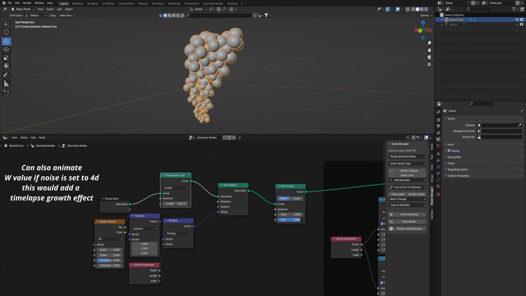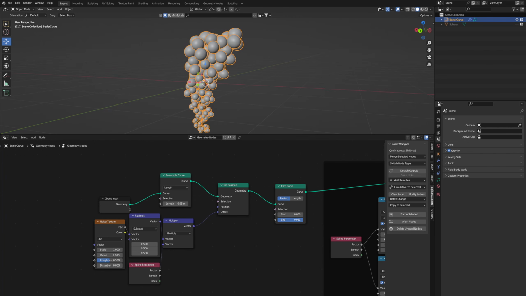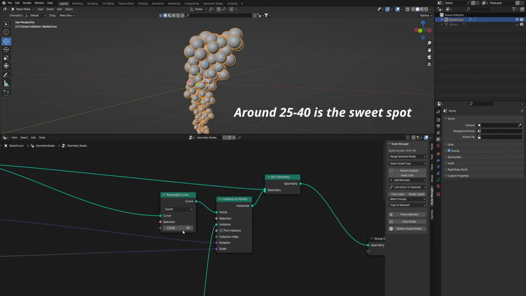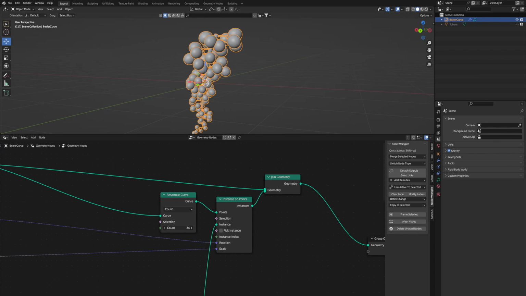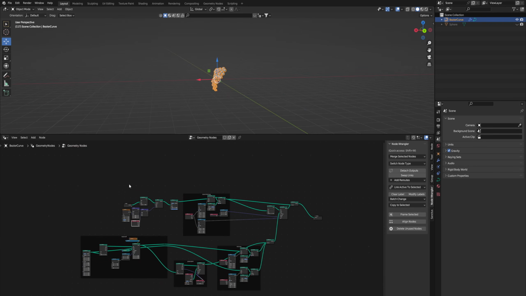It's a little bit too high for the noise, so I'm going to turn it down to like 1. So just a little bit of wiggle. You can see without that, if we grow it, it just goes down in a straight line. So you can have it like that if you want. This just adds a little bit more to the animation. And then the count here, you can affect how many grapes you want. So if they're intersecting too much and you want a bit less, or if you want way more grapes, you can change it. That's pretty much the base setup.